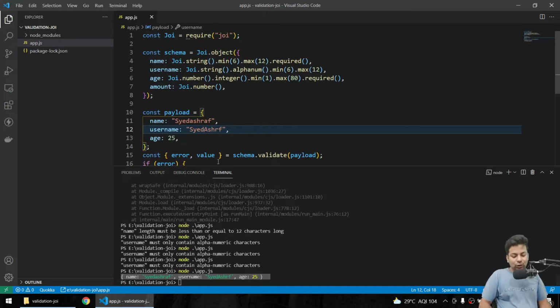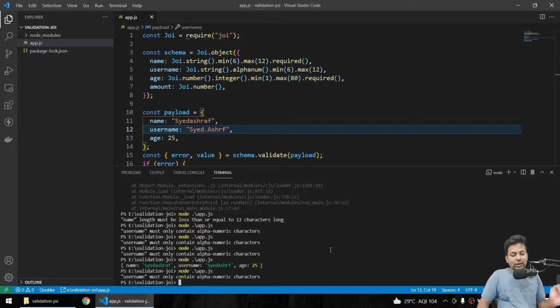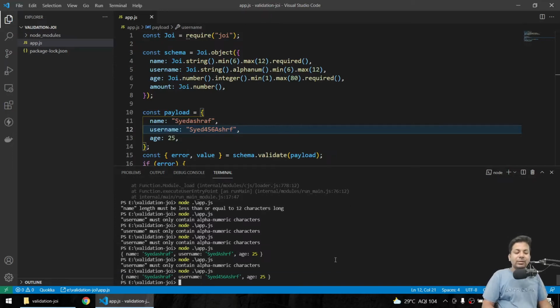But if you add a dot, that is not an alphabet, not a number, we got the error, it should only contain alphanumeric characters. If I give a number, Sayyid 456 Ashraf, acceptable because that is a number.